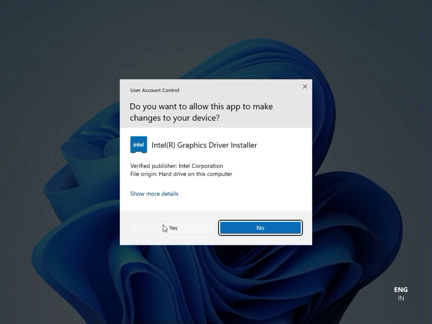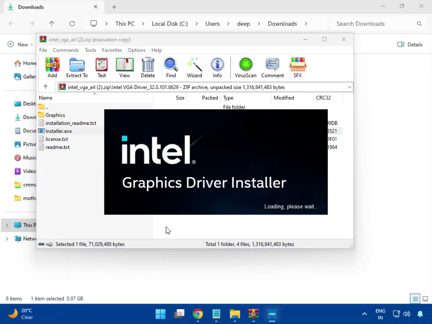After that, click yes for administrator rights. Now this is installing, loading, please wait. It will take some time, and next to install,